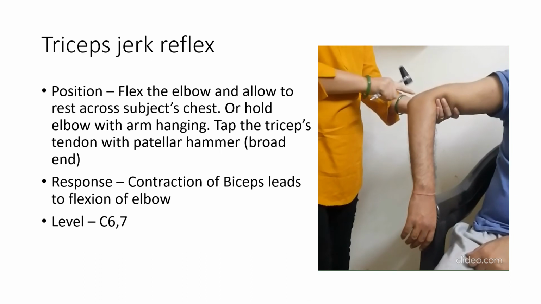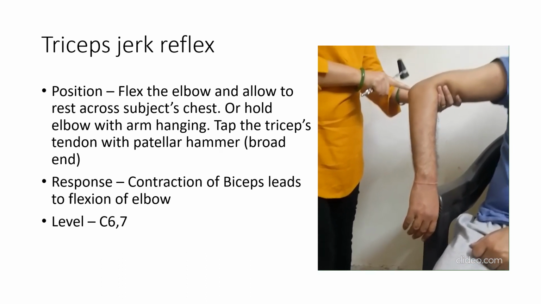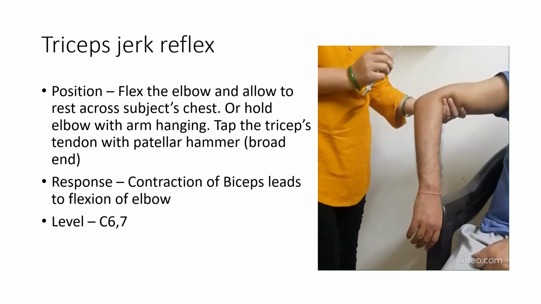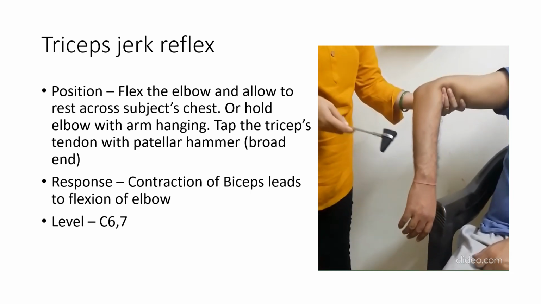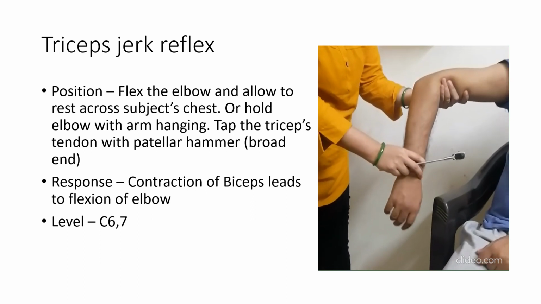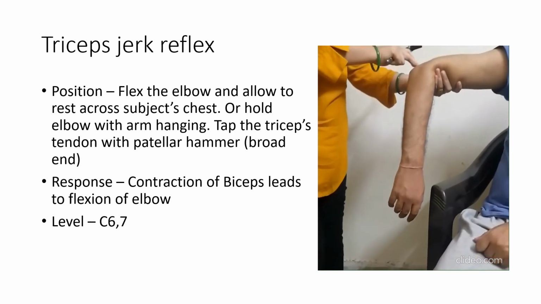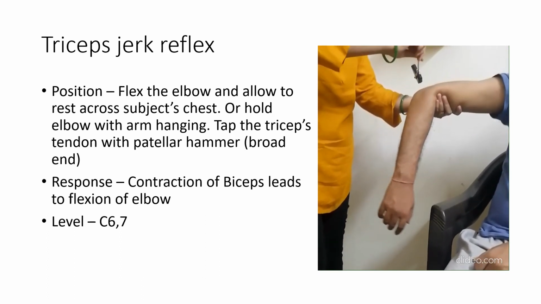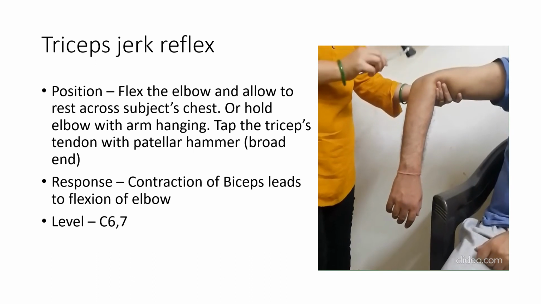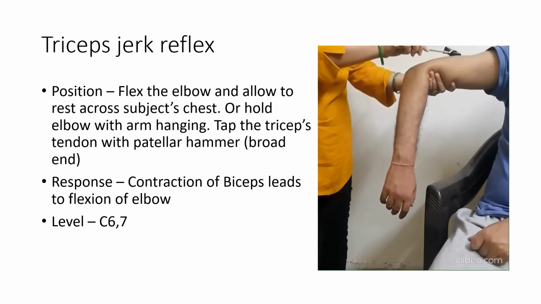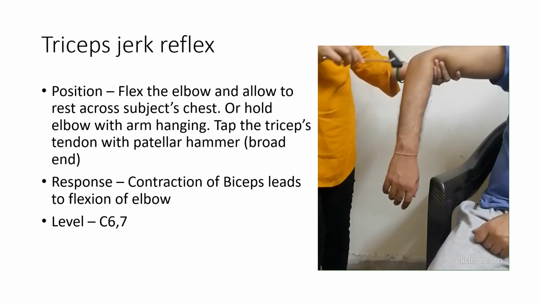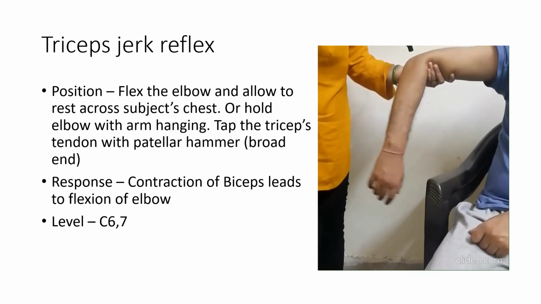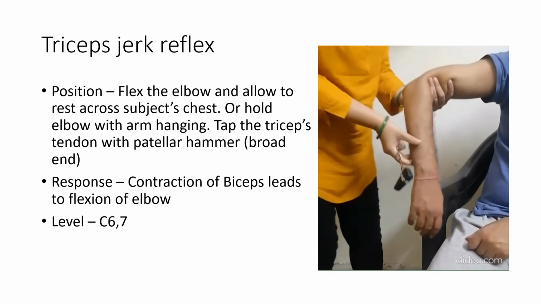How to palpate that? You have to feel the olecranon process and just above that you have to make a strike with the broad end of the hammer, right? Let's see how. So the hand should be hanging freely and you have to strike just above the olecranon process like this. Okay, so we are here stimulating the tricep muscle. The contraction of the tricep muscle leads to elbow extension. Okay, let's see again. Fine, this was the tricep reflex.